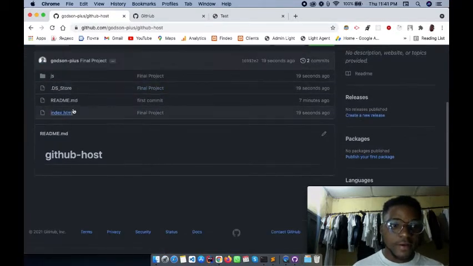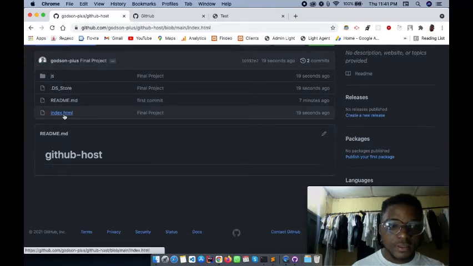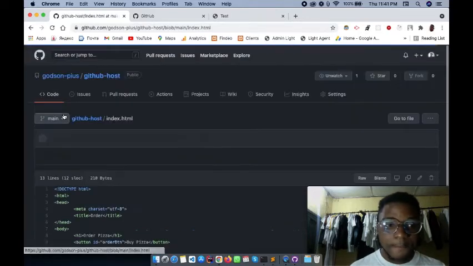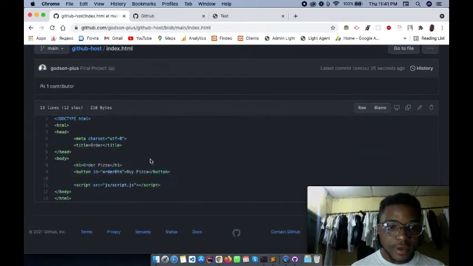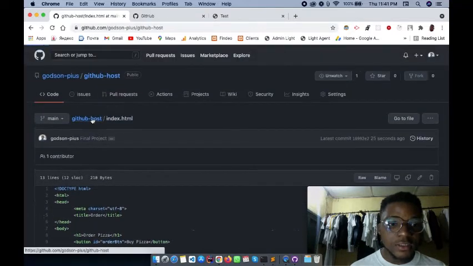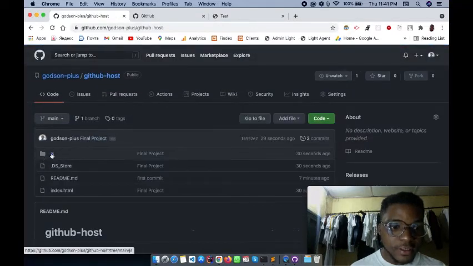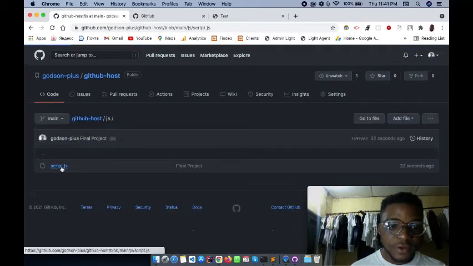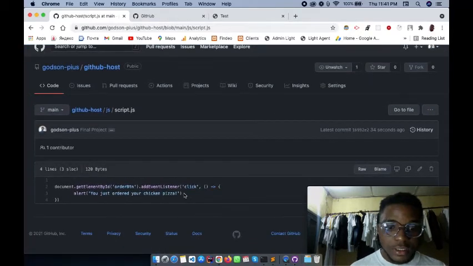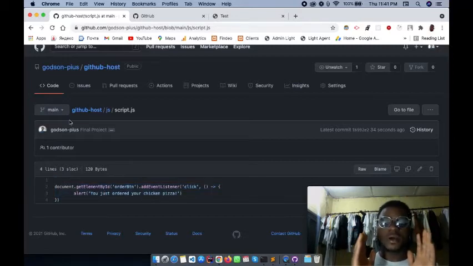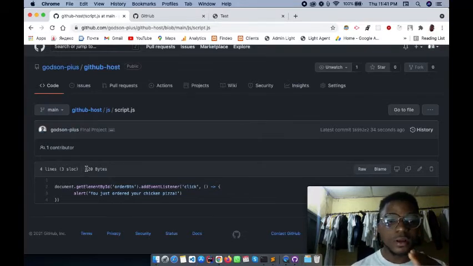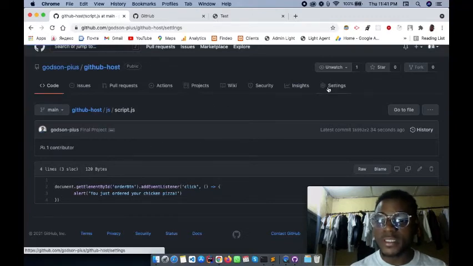Alright, so we have the index.html, which is what we have there, and we also have the JS folder. Within the JS folder, we have the script.js, which is also what we have. All right, so this is the main point of this tutorial, where we have to host this mini app using GitHub. So we go to settings,